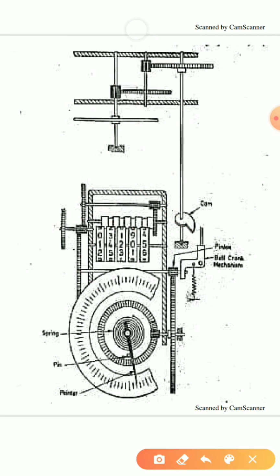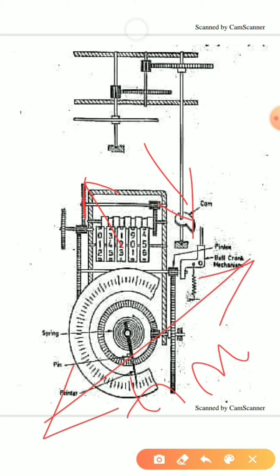Now the energy meter will record whatever energy has been consumed, even if maximum demand is there, even if minimum demand is there, over a time period. The energy consumed will be measured by my energy meter. Now the energy meter cannot pinpoint what was the maximum demand at any point.